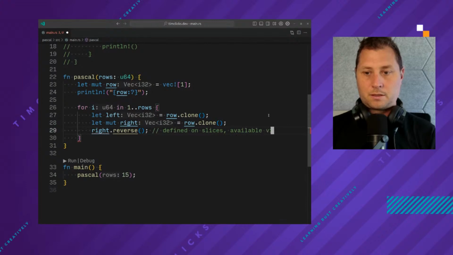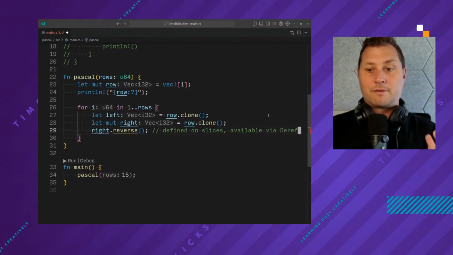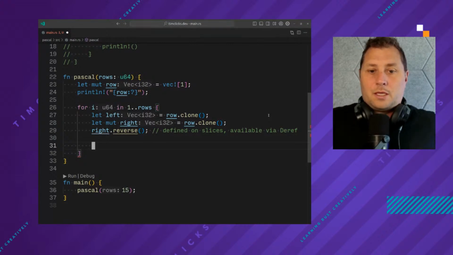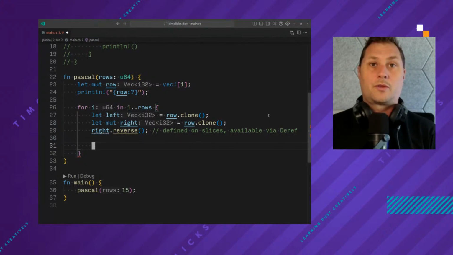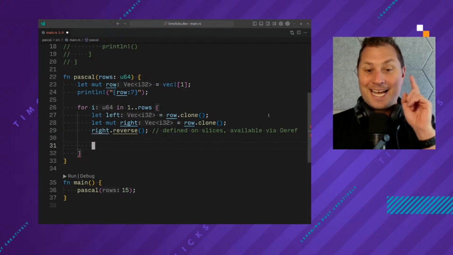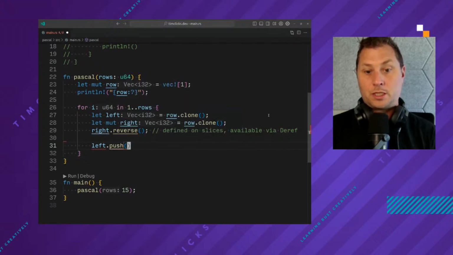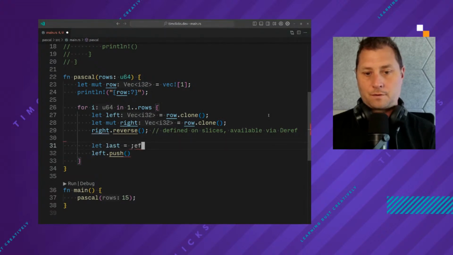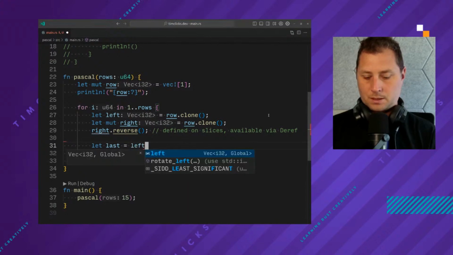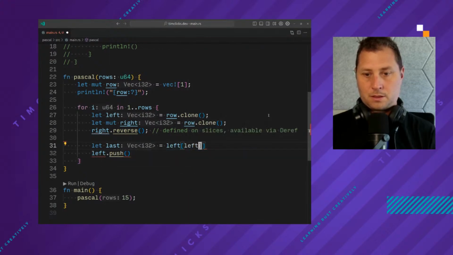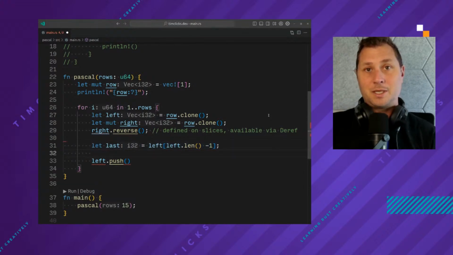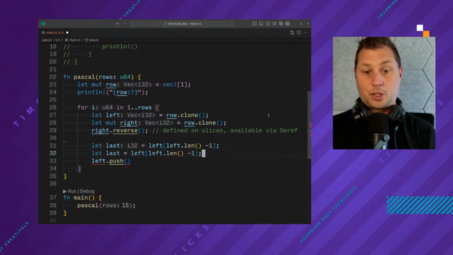Available via deref. So the deref trait is the dereferencing functionality. And now the question becomes, okay, so what on earth are you doing now? On the left-hand side, I'll just make this mutable as well. I want to push a new element, which is the last is left. And then I want left. I want the last element of the left-hand side and the first element from the right-hand side. I sum them together, I push them up, and then I'm going to push the